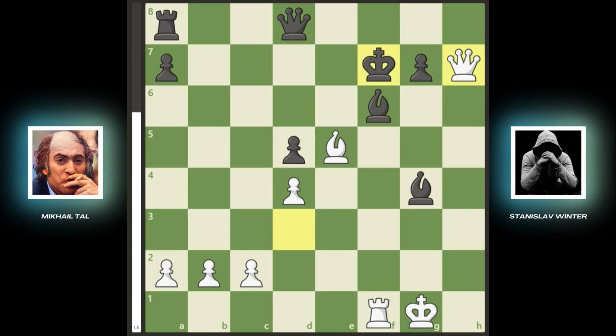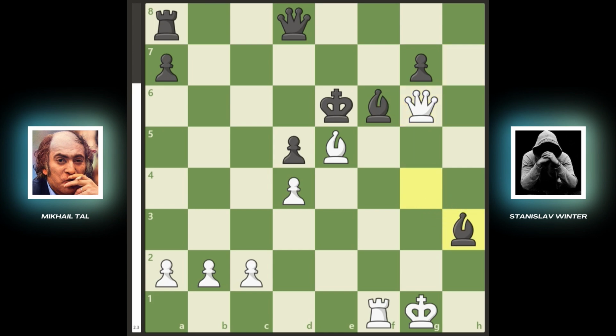Black moved the king to f8, breaking the pin from Tal's queen. Tal then played the queen to g6, pinning black's dark-squared bishop and attacking the bishop on g4. Black tried to defend the bishop by moving it to h3, but white responded with the rook to f3, attacking